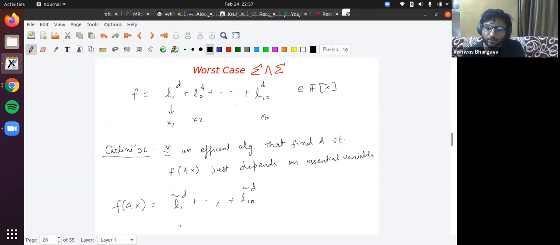How would you learn this representation? Well, this is a polynomial now over just 10 variables. So this is a sparse polynomial f of Ax, and I'll learn this in the sparse representation. Look at the number of unknowns here. Since it depends on just 10 variables, you have 10 unknowns here, 10 unknowns here, and 10 unknowns here. So you have approximately 100 unknowns.